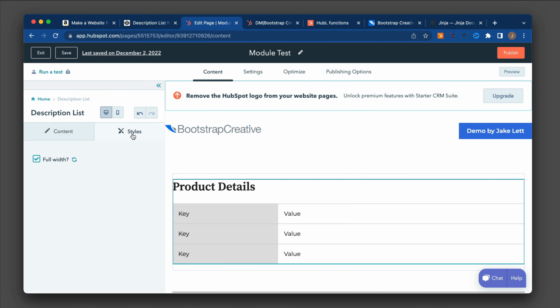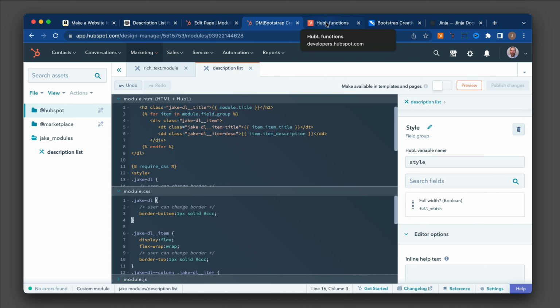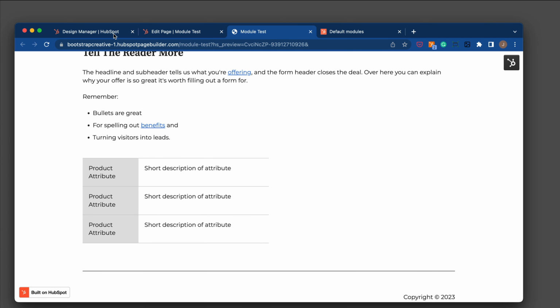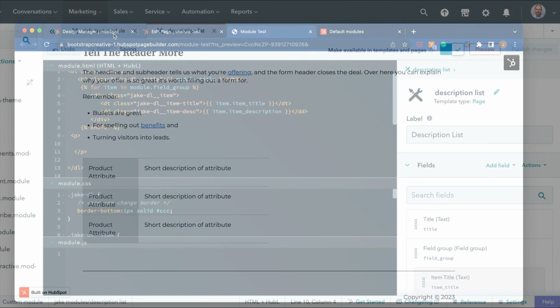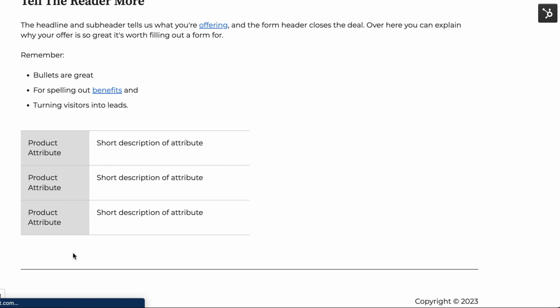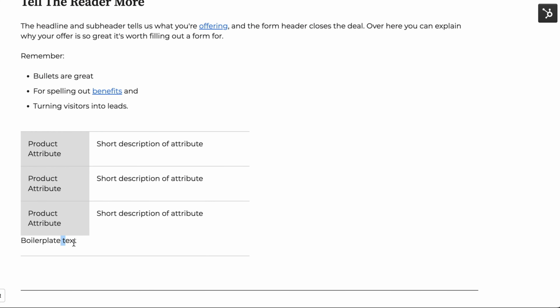So that is the very basics of how to create a module with repeating fields and how to apply CSS styles that are scoped to the module. So let's summarize what we have accomplished here. We created a product attributes module that can be used by anyone on your team. The nice thing is if we need to adjust the styles or add a field later, we can make the change once and have it apply to all pages using the module. This modular design approach will save a lot of headaches later.